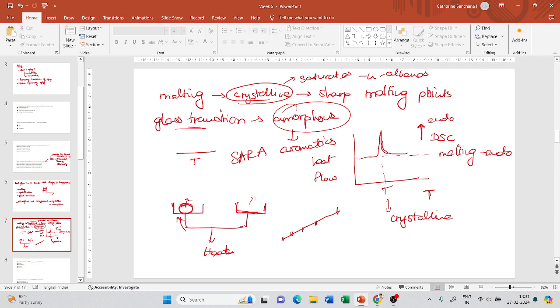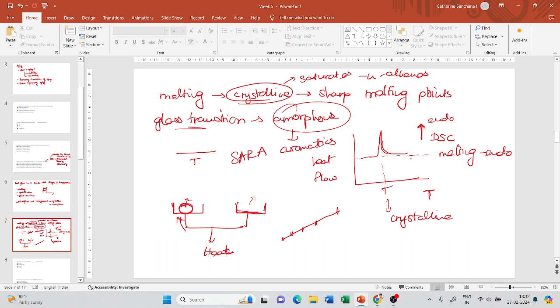So it is a combination of both crystalline and amorphous substances, which means it needs to have a peak at some temperature to indicate the presence of crystalline substances in it, and also it should have the presence of glass transition temperature to indicate